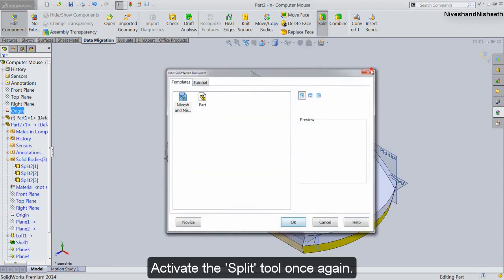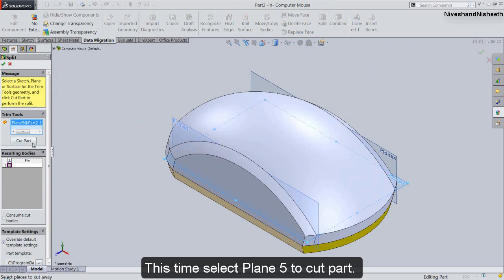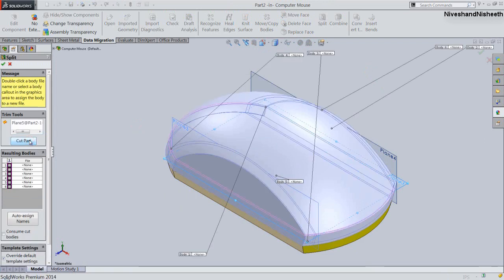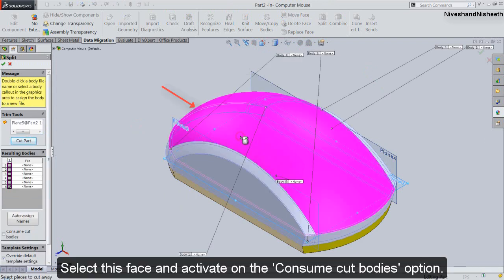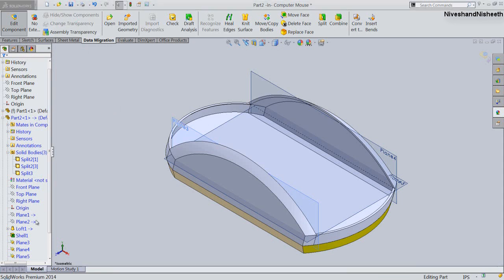Activate the split tool once again. This time select plane 5 to cut part. Select this face and activate the Consume Cut Bodies option. Next click OK to apply and save the changes.